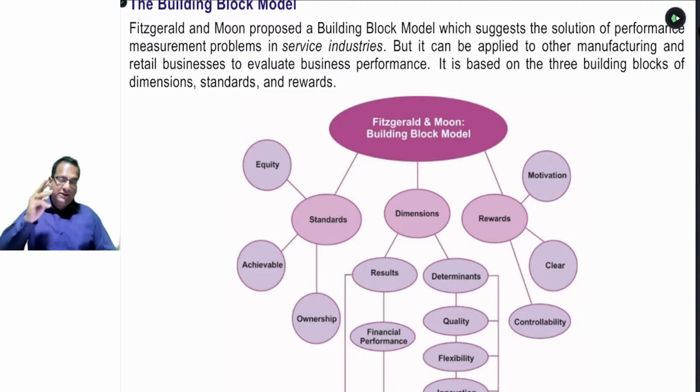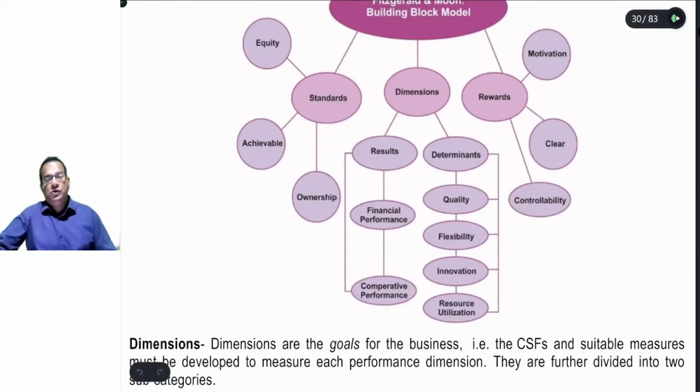Okay, beta? And now the third part is reward. Definitely, if the departmental manager achieves the performance, they should be rewarded. Okay, and now again, what should be the reward? ये नहीं बताया. What are the characteristics of reward? The first one is motivation. The reward should be linked to the performance of the department itself.